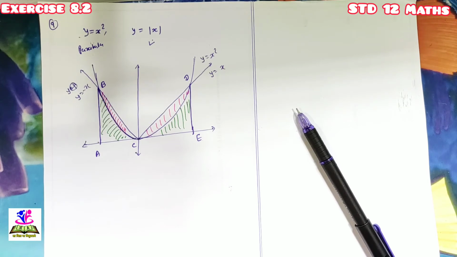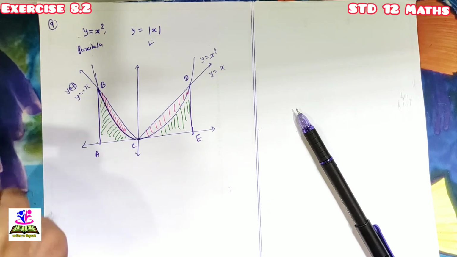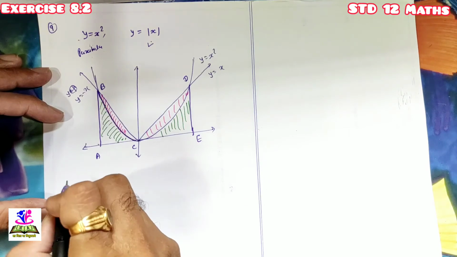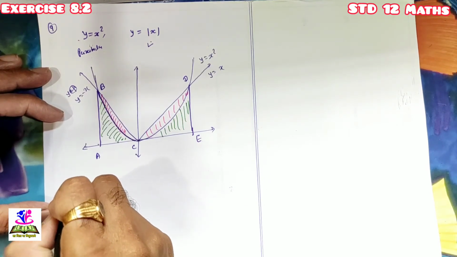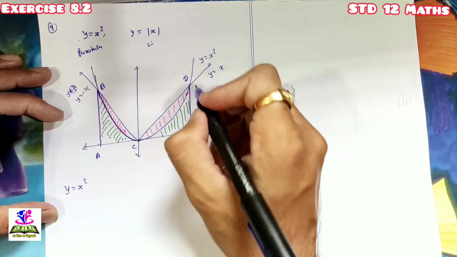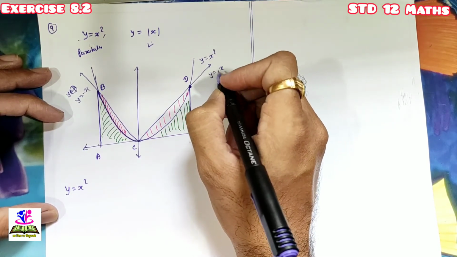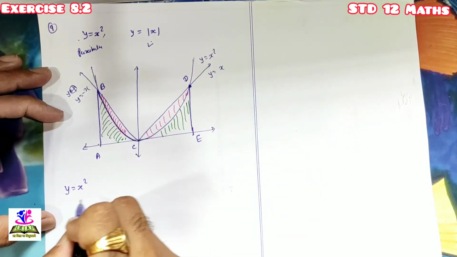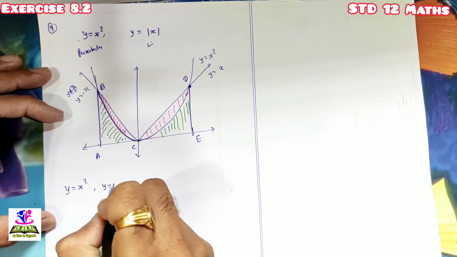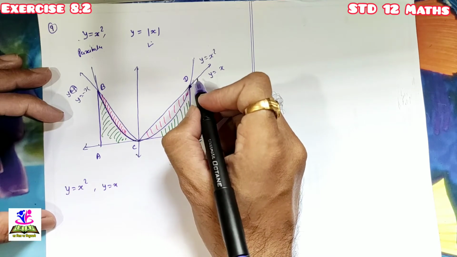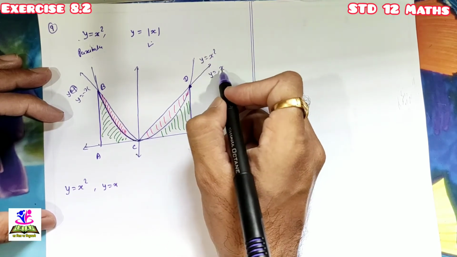Done. So for that you have to find the coordinates of this point D as well as point E. तो उसके लिए क्या करेंगे, देखो, here the parabola is y equal to x square, and to find the intersection point of this y equal to x square and our y equal to x, so put y equal to x over here. And now what is the intersection point? Intersection point is nothing but the common point, or we can say the solution of this equation, y equal to x square and y equal to x.